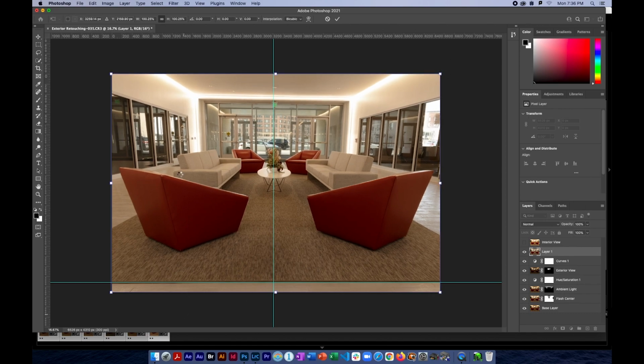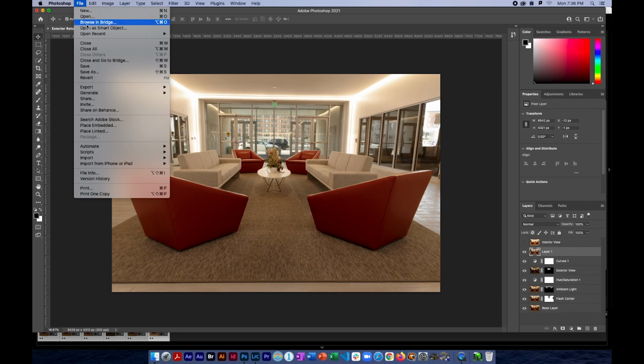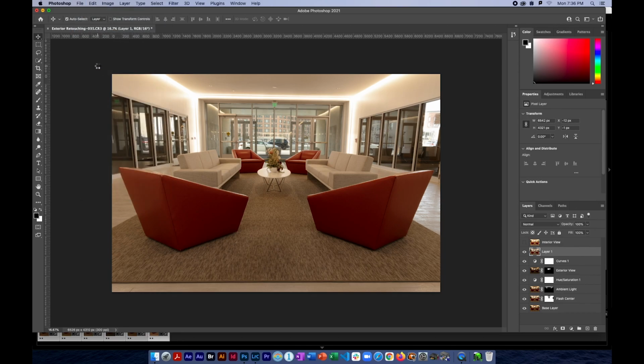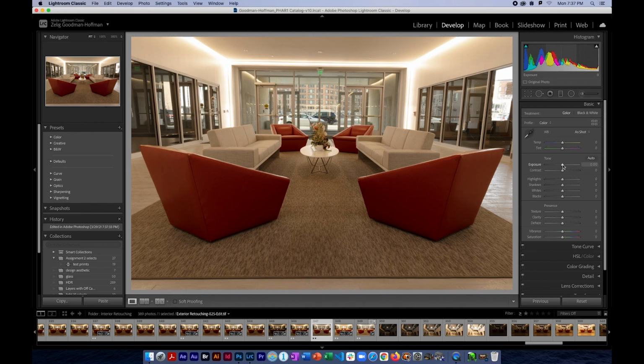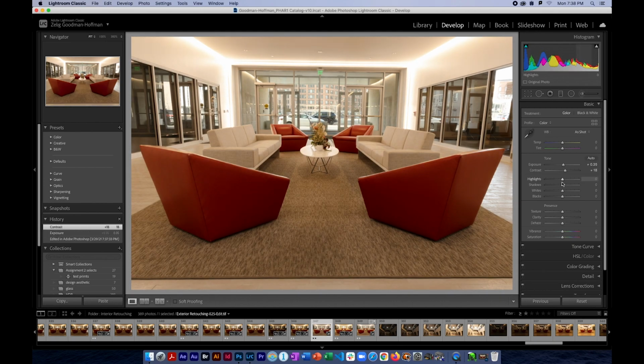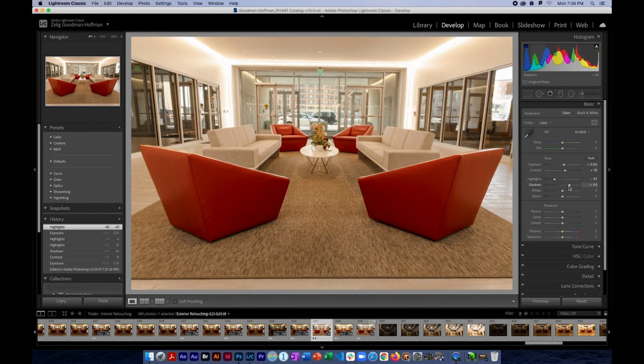Okay, so now that that is all looking good, we can save it, and this should open into Lightroom. One last thing that we gotta do here is some global adjustments in Lightroom to make sure that everything's unified, make everything pop a little bit better, really bring the image to life. And once we finish up these basic adjustments here,